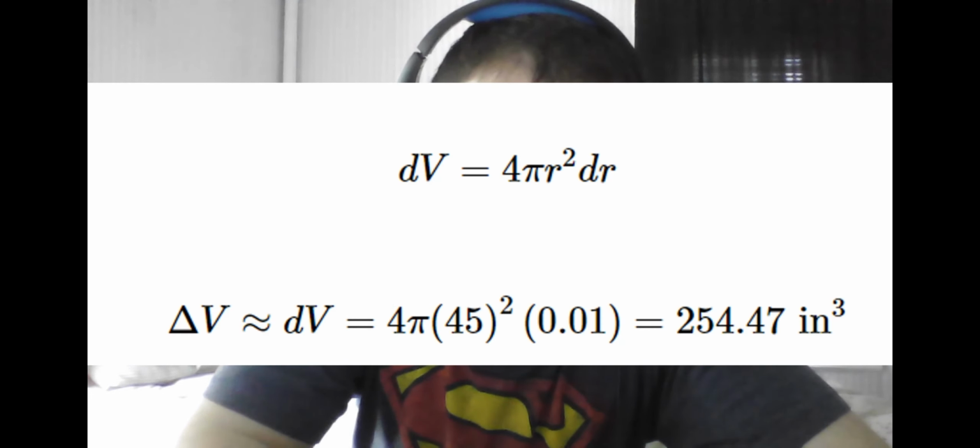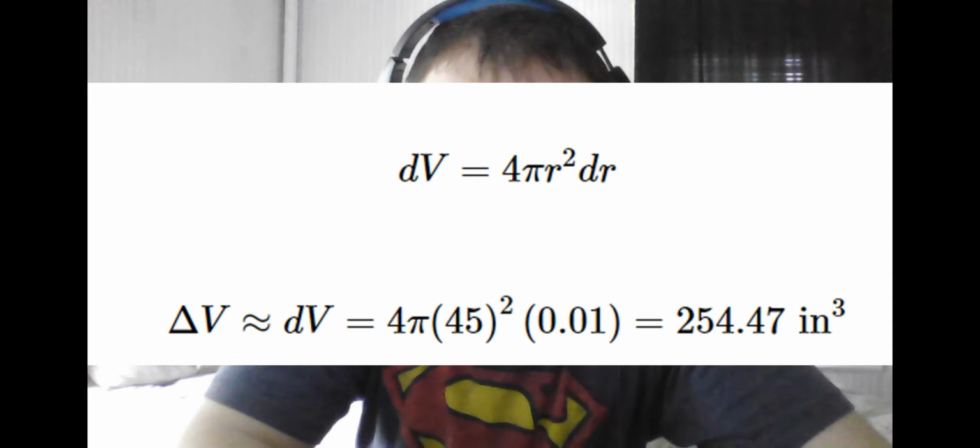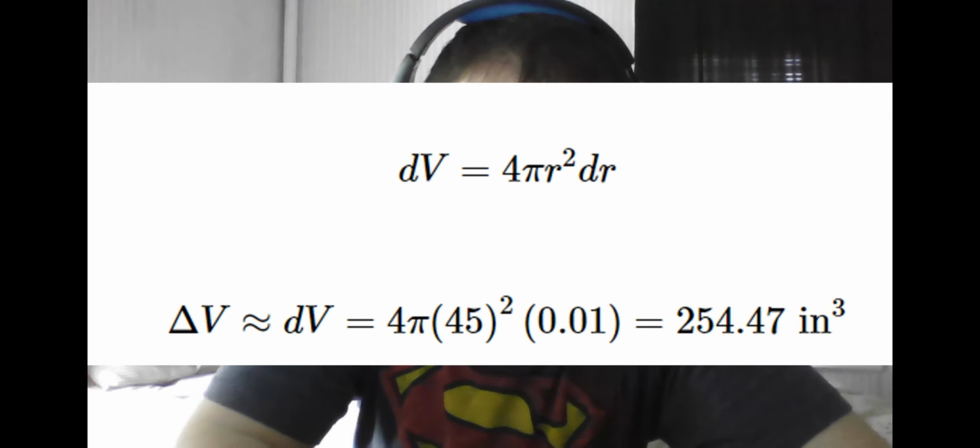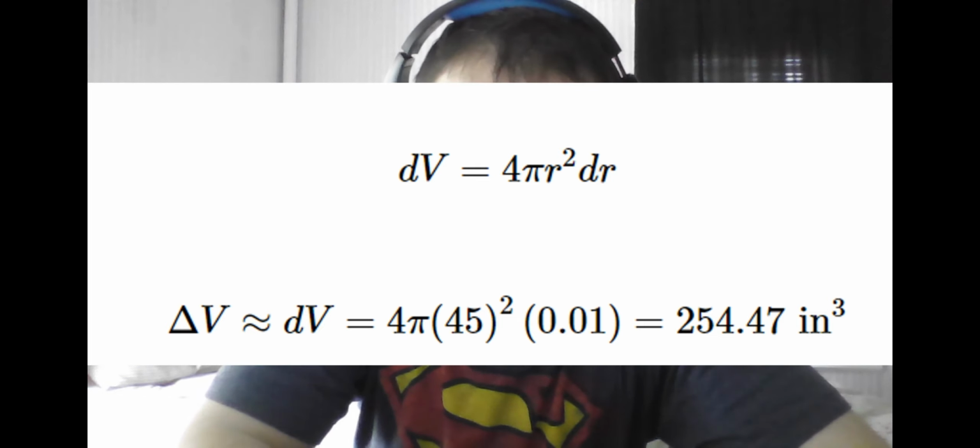For example, if we know that we measure the radius of a sphere to be 45 inches, and we want a possible error margin or error tolerance of no more than 0.01 inches, it follows the differential of v equals 4 pi r squared times the differential of r, because we are taking the change of v relative to the change in r. And because the change in r is sufficiently small, we can state that the change in volume is approximately equal to the formula we derived, and we compute this, which is